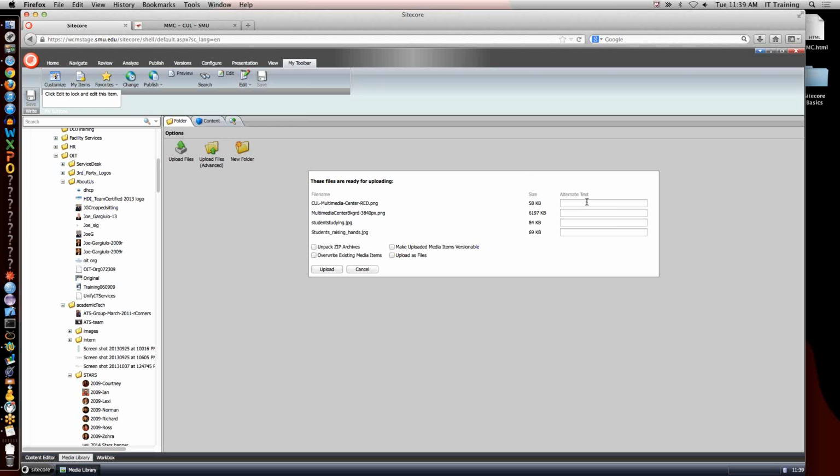So in this case, my first one is my Multimedia Center logo. My next one is Multimedia Center Pano, the student studying. There can be spaces in your alternate text. There we go. All right. The other neat thing about uploading through this advanced feature, say I upload this, I get it up,